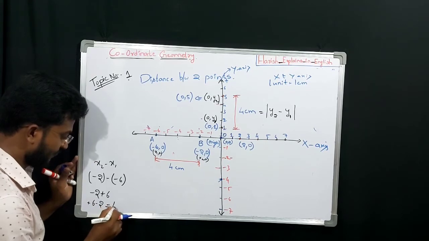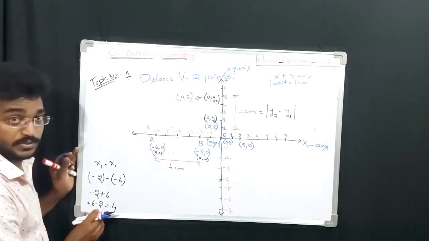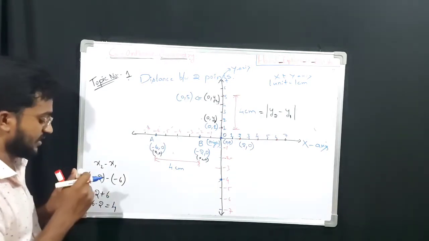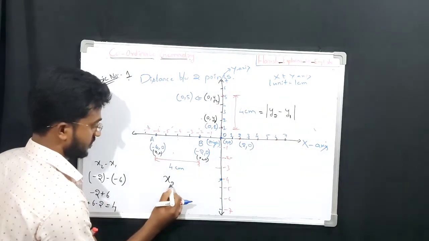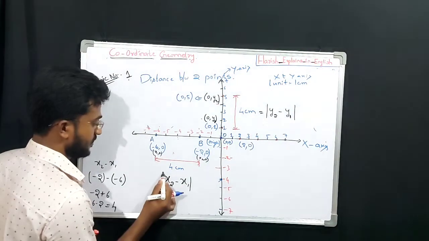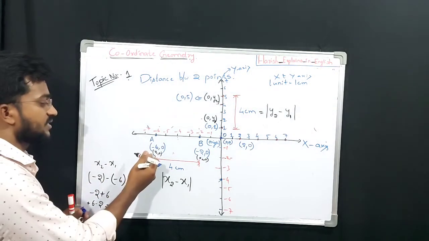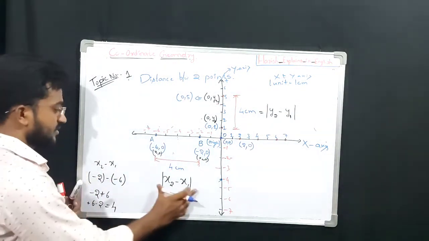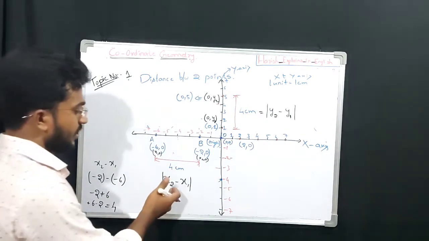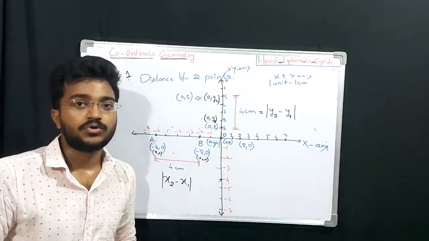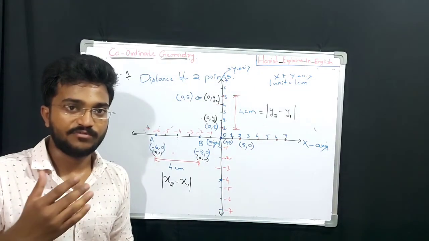So this is 6 minus 2, which is 4. For this calculation, we will make a separate video. If you do not know, please refer to the books. So this is 4, and 4 is the correct answer. So this formula is correct for this one. So x2 minus x1, but with the modulus, because if I take this as x2 and that as x1, you can simply keep the sign, and if you get minus 4 also, since this is a distance, we can keep the modulus. So we derived two formulas for the distance between 2 points, that is x2 minus x1 and y2 minus y1.